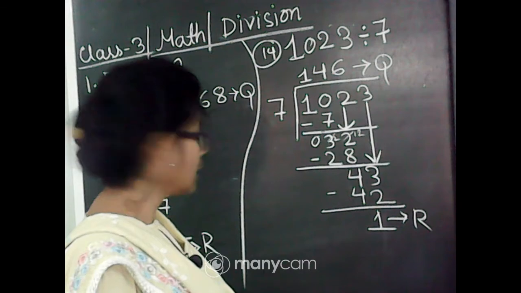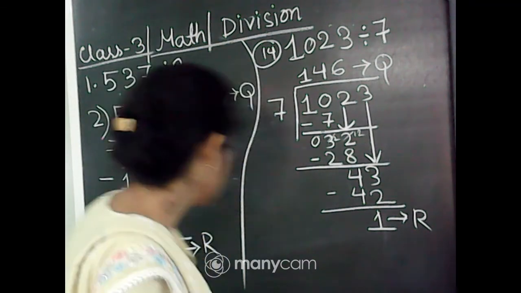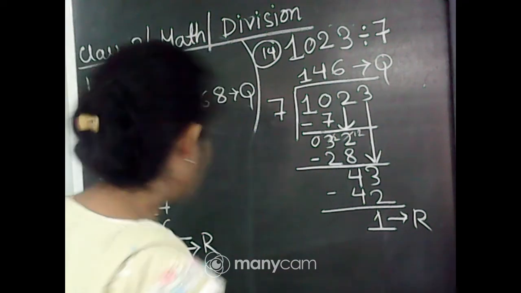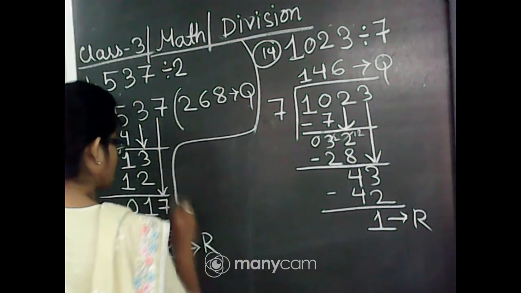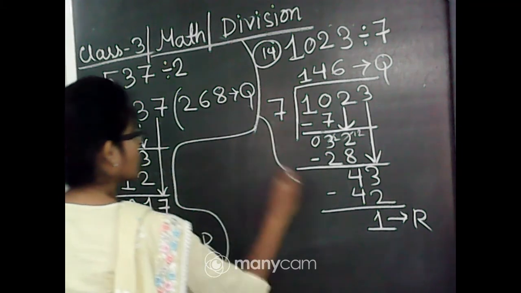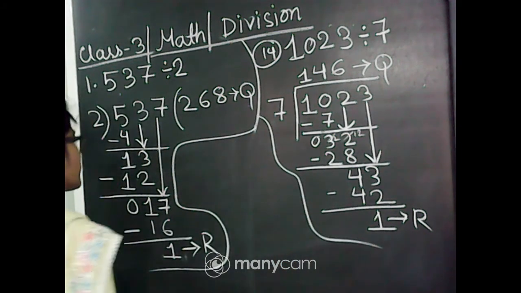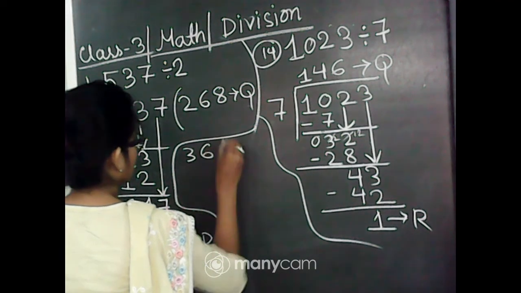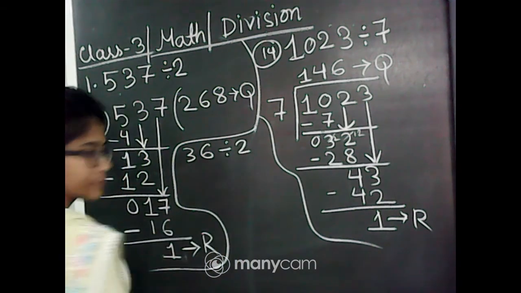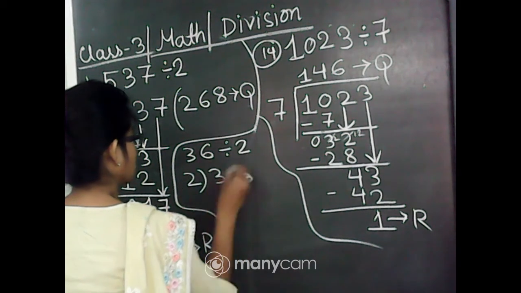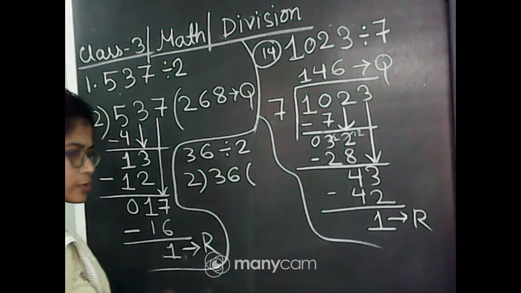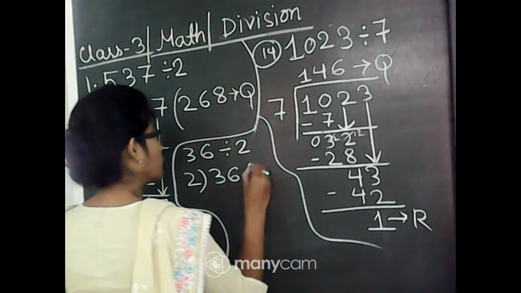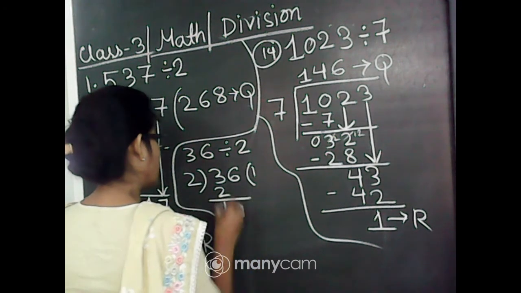Okay, now take another example, one interesting example. Okay, it's not from your book. Now they tell you to divide 36 by 2. Okay, now see 2 into 36. Now 3 is bigger than 2, so you can take only 3. So 2 ones are 2, 2 threes are, but 2 twos are 4. So we will take 1, 2 ones are 2, so 1 is left.